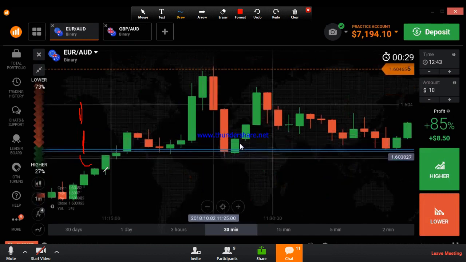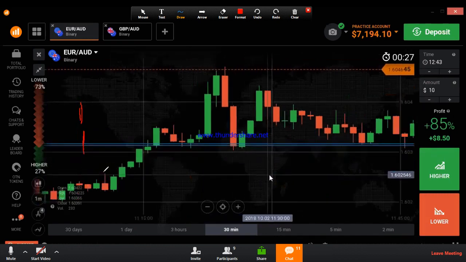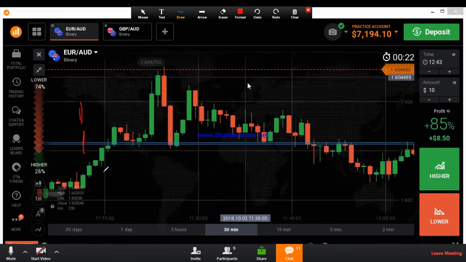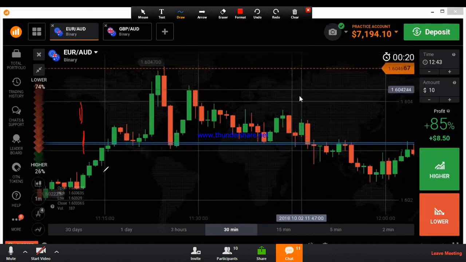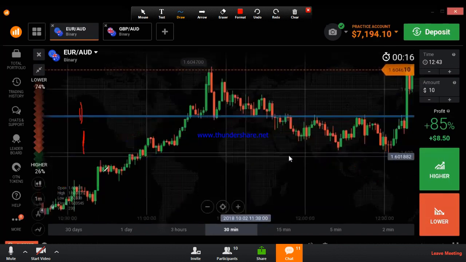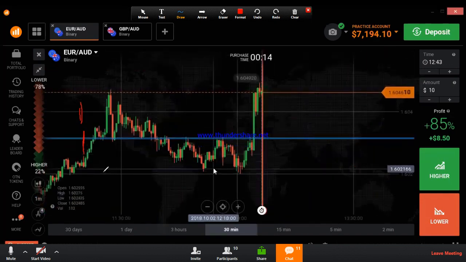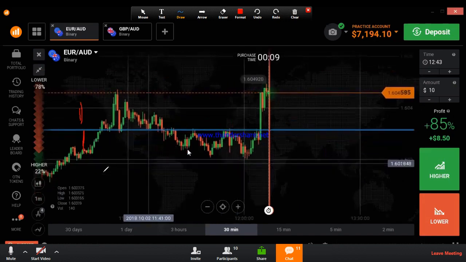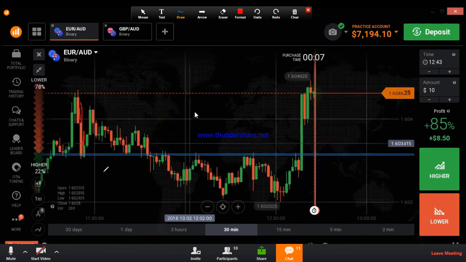You can't trade on the second time. But if you find one confirmation, you can trade on the second time also. It's not a problem. You can trade on the second time also. But it's not good to trade on the second time. If you trade on the first time, leave it and wait for the breakout and then trade, because you have